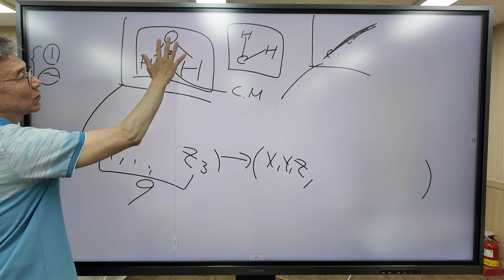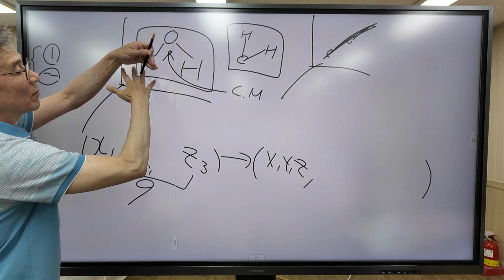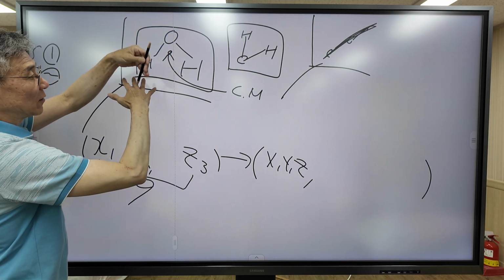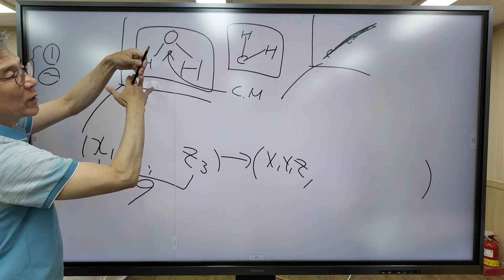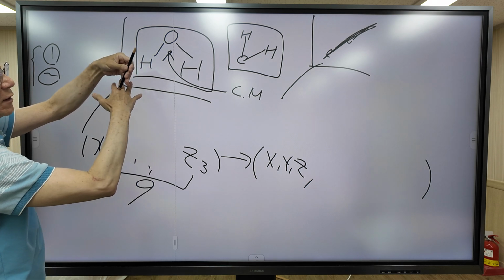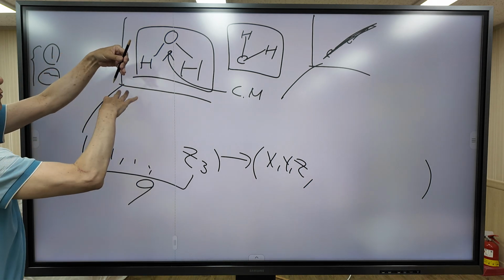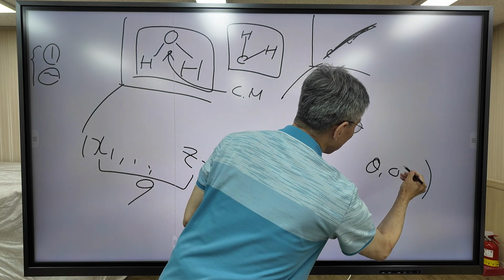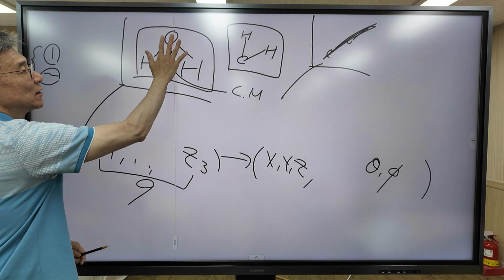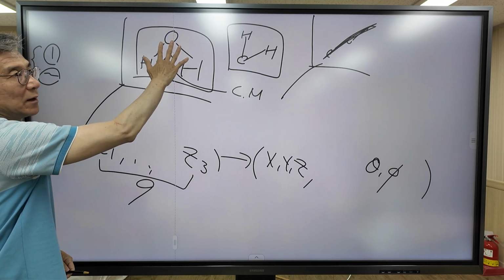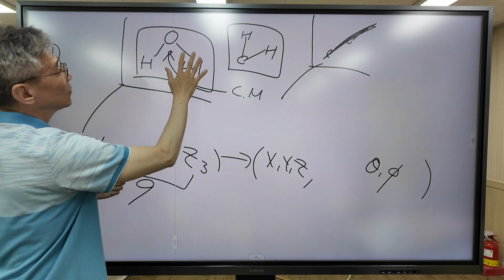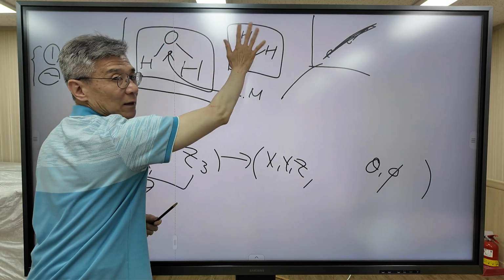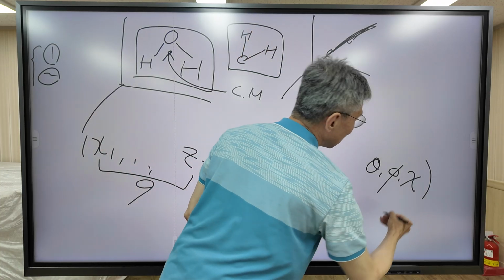To define the orientation of this plane, I'm going to define the normal vector to this plane. How many angles do we need to define the normal vector? We need 2 angles to define the normal vector of this plane. So we need 2 angles to define the orientation of this plane. And given this orientation, we need 1 more angle to define the orientation of the water molecule in this plane. This angle is called chi.